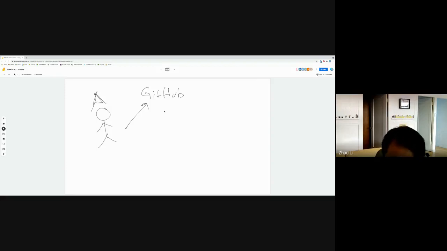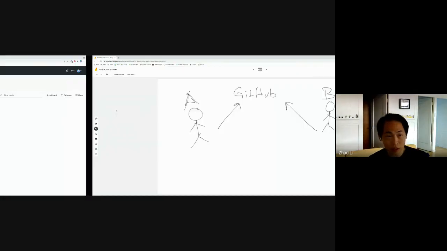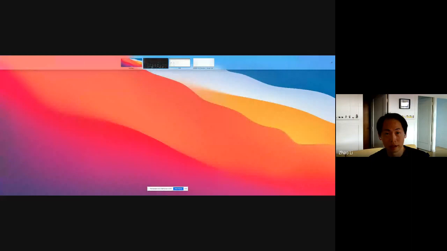And then lastly, we'll throw in developer B, and we'll show how developer B and A can be collaborating on the same code. And that'll hopefully go through the most typical use cases of Git, and that should do it for this demonstration. All right, so